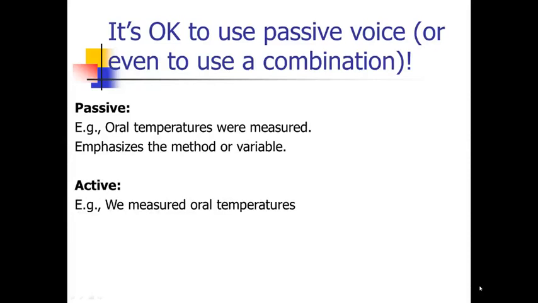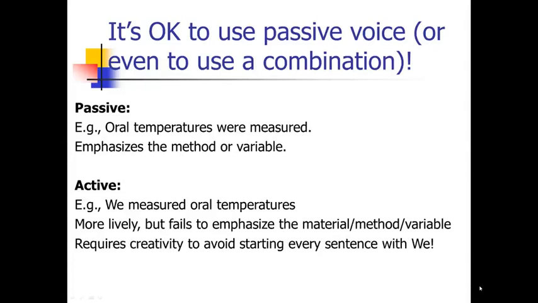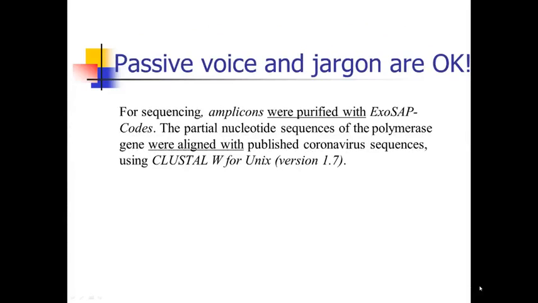The active voice here would be "we measured oral temperatures," and that's okay, it's more lively, but it fails to emphasize the material, method, or variable. That's a drawback. Also, to put the whole methods section in the active voice, you have to be really creative, because it's mostly the authors who are doing all the actions, and to avoid starting every sentence with "we," it's probably just not worth that much effort. So the one section where I'm going to say go ahead and use some passive voice is the methods section. Passive voice and even jargon are okay in the methods section,